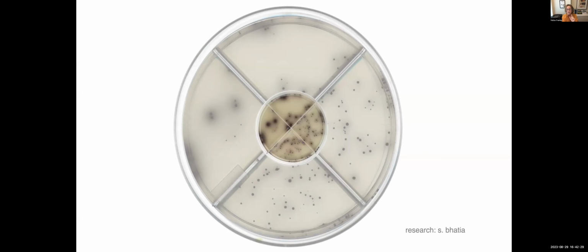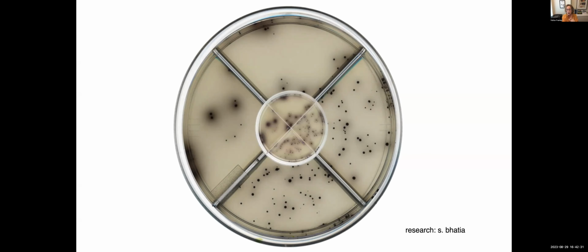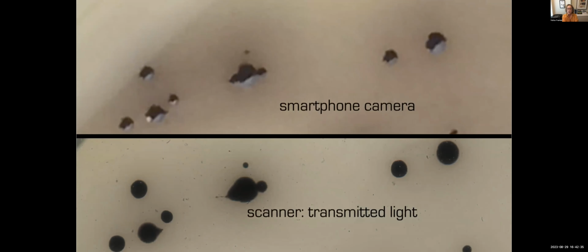But here I'm making the point of the file size. This is an image of a petri dish with 4 conditions where E. coli are growing in the 4 conditions. This was taken with my phone, and this image was taken on a scanner. And when you go into their detail, you see that the resolution is not there, but it will be. It is getting better and better. And it's really quite remarkable what you could do with your phone.